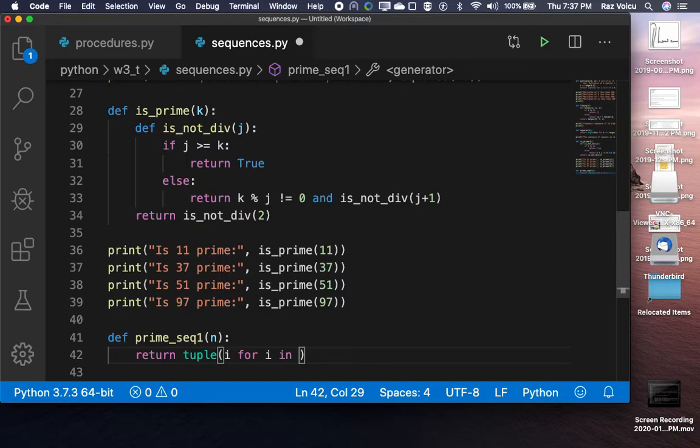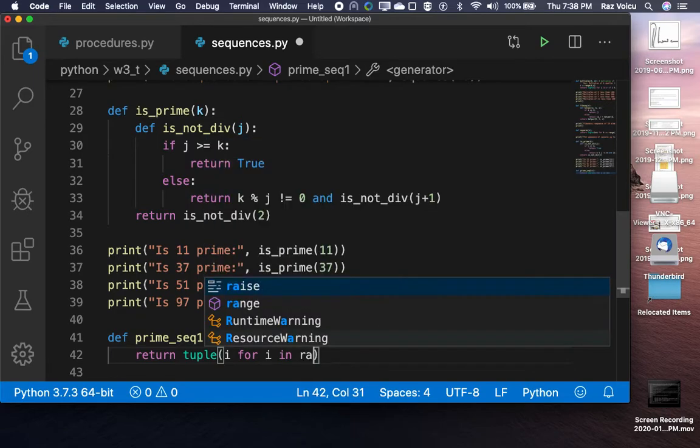This prime is not a way to. This prime is something that returns true or false. When I say for i in, here I have to put a collection. Right? Here I have to add in an expression that evaluates the collection. Right? So range